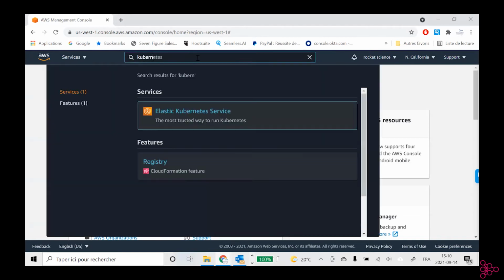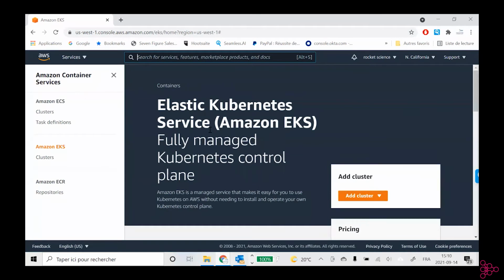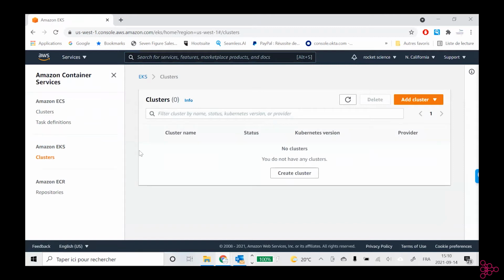Then I'll look for Kubernetes. By the way, here's a little tip, guys. I know when you work on Kubernetes here, it might sound super easy, smooth, click, click, click. But to be honest with you, Kubernetes is among the top complex technologies available on the market today. It's easy because it's a managed service that they offer you in the cloud. But in reality, it's very hard to configure, very hard to maintain. So it's not an easy business, not as a user, but more as a person who will maintain a Kubernetes environment. That's good to keep in mind, in case one day you say to people, hey, Kubernetes is easy. It's not the case.